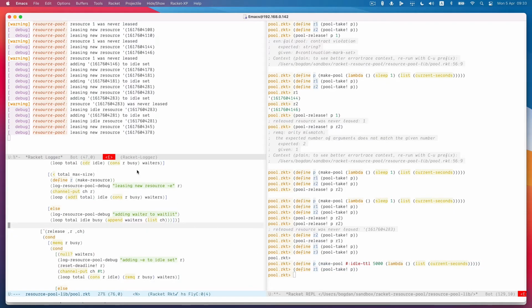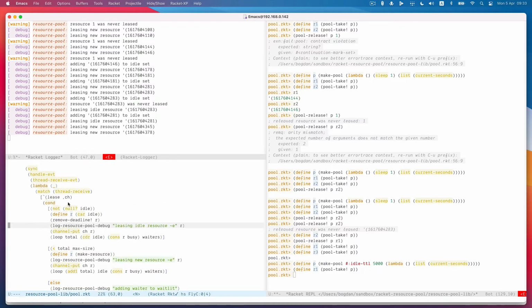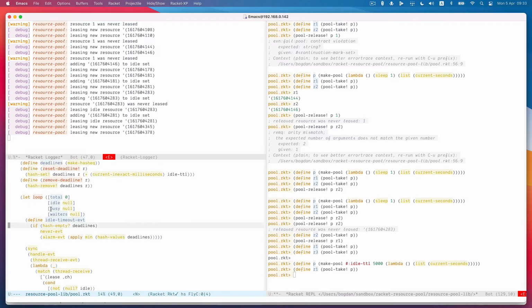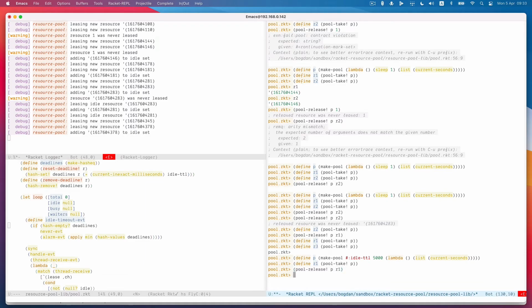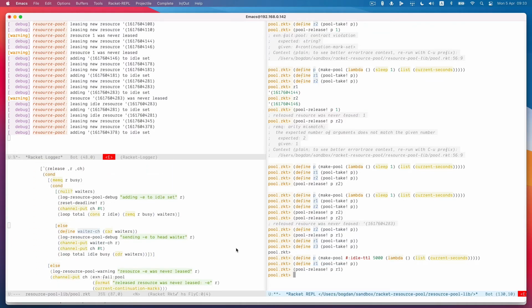So if we wait 5 seconds, nothing's actually going to happen because we only expire things that are in the idle set, but now our idle set is empty and we have one thing in the busy set. But if we pool release PR1 and then give it 5 seconds,